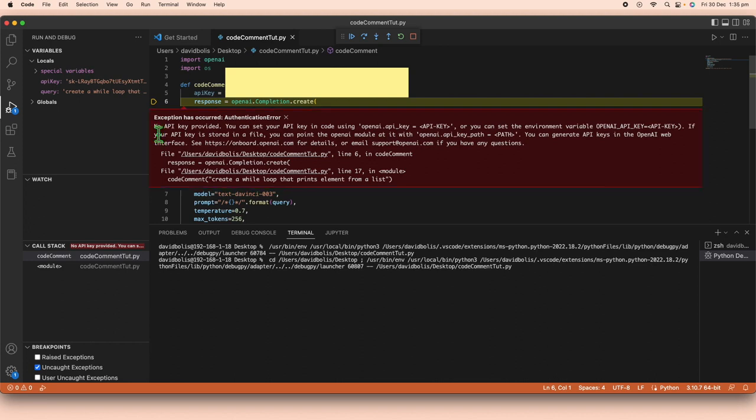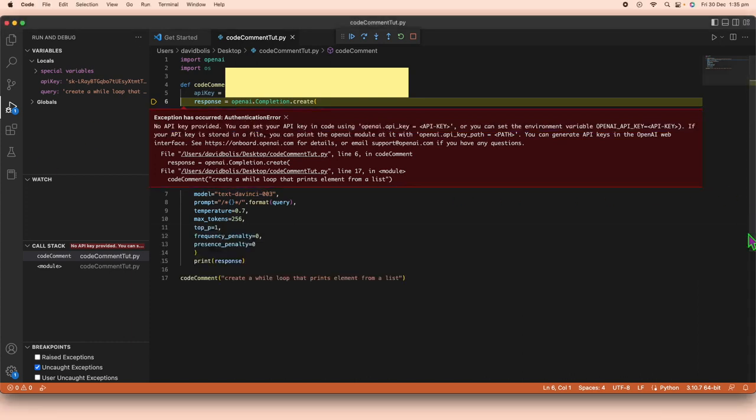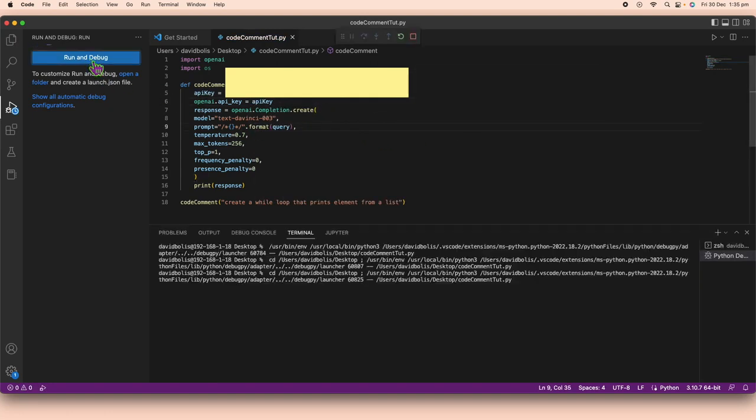It says no API key provided. So let's go ahead and find out what we did over here that was wrong. And let's go ahead and pause this. And what we missed out on is actually to say OpenAI.API key is equal to, and then I'll just say API key. And I believe if I save this and run it now,